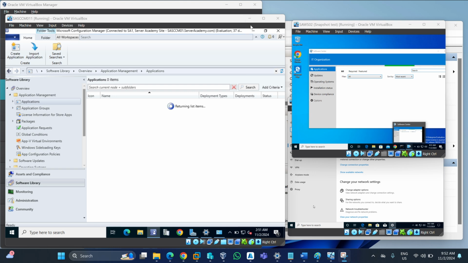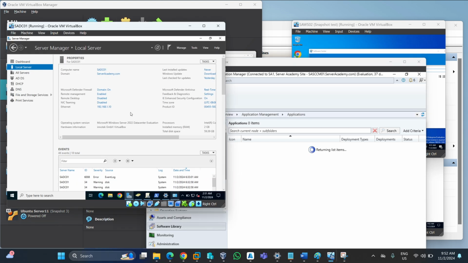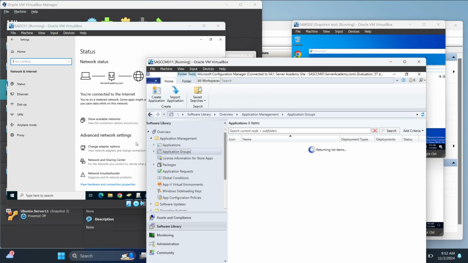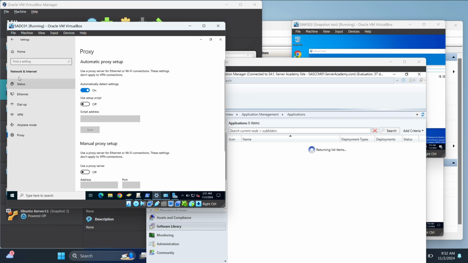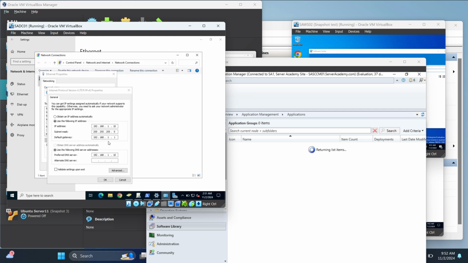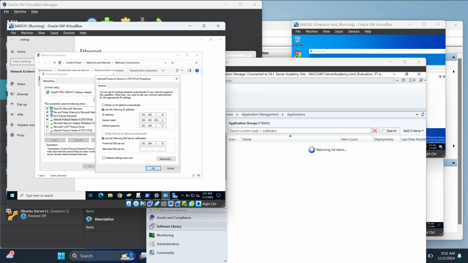There's something you call static IPs. You could configure static IPs on these devices, these virtual machines that are running, so they could network and talk to each other. SCCM is taking forever. I'm not sure why. Cool. So if you go into the internet, you could come to your adapter settings. I just want to show you the configurations. These are the static IP configurations I put on my Windows server so they could talk to each other. So the IP address of the Windows server is